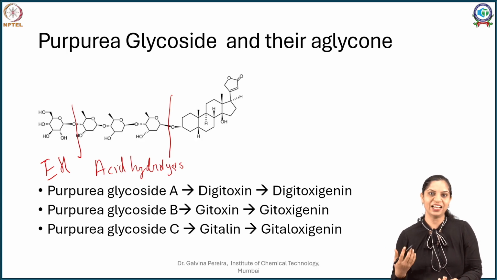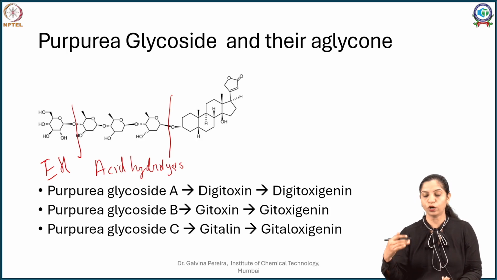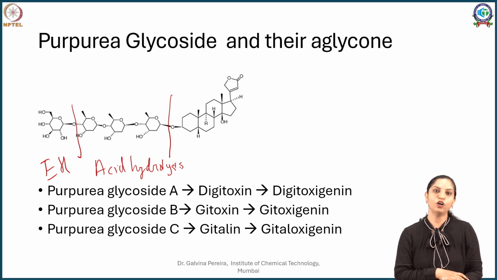And the genin has a lot of issues in terms of its bioavailability and absorptivity. So it doesn't show the desired pharmacological effect, and as a result these leaves are not thought to be of good quality. So ideally the moisture content during the drying stage is brought to below 5% and then stored to prevent enzymatic hydrolysis.